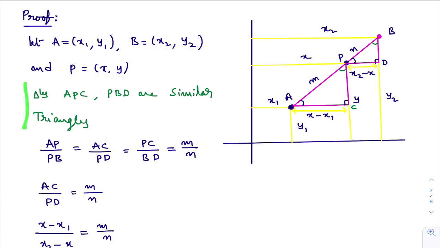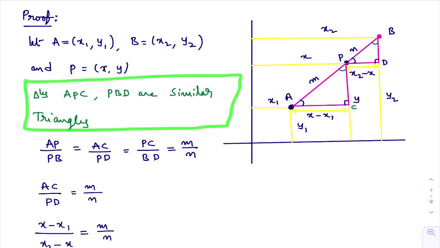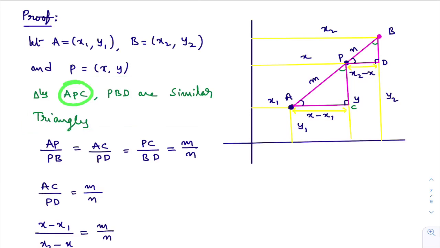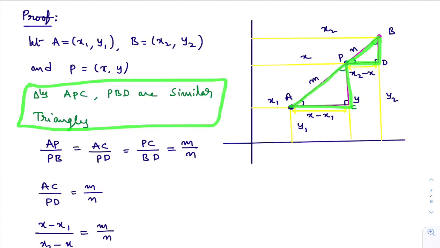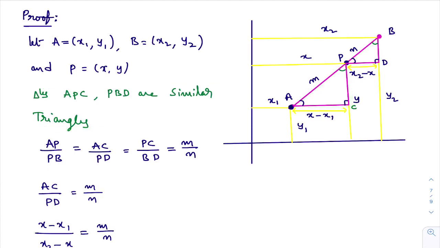Now you see here this statement, the triangles APC and PBD are similar. Where is the triangle APC? Look here, this is the triangle APC. Where is the triangle PBD? Look here, in the diagram you observe, this is the triangle PBD. They are saying that these two triangles are similar. I will check whether they are similar or not. Here, you know from the figure, this is 90 degrees, this is 90 degrees. This you can understand easily from the figure, as you know about coordinate system.